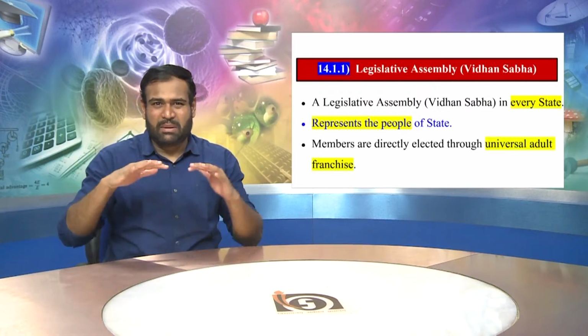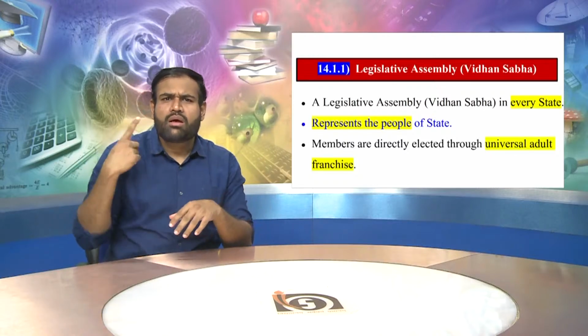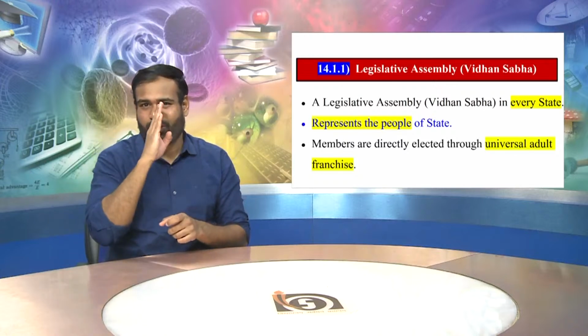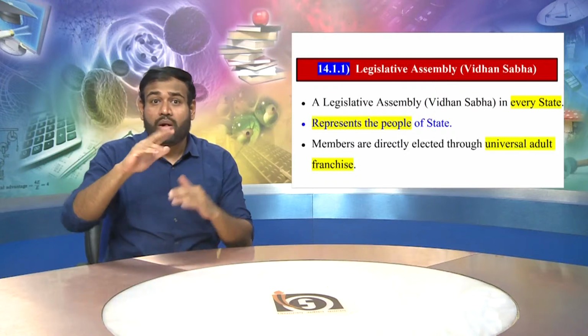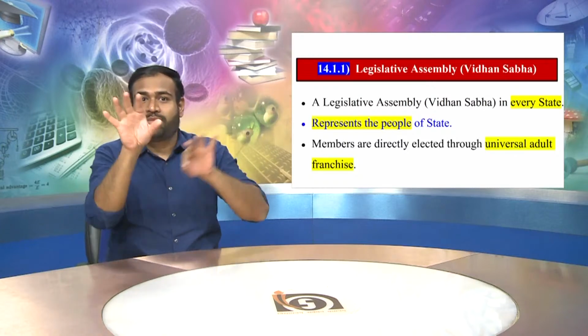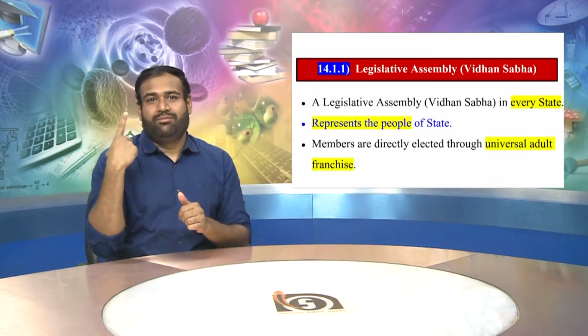Members are directly elected through universal adult franchise. Legislative Assembly means विधान सभा के जो मेंबर्स होते हैं वो डायरेक्टली इलेक्शन के थ्रू इलेक्टेड होते हैं, इलेक्ट किया जाता है उन्हें डायरेक्टली इलेक्शन के थ्रू।